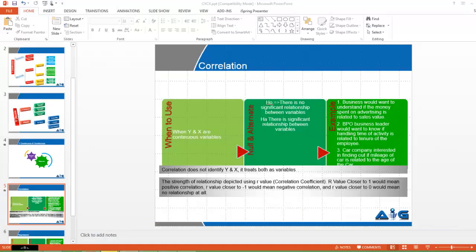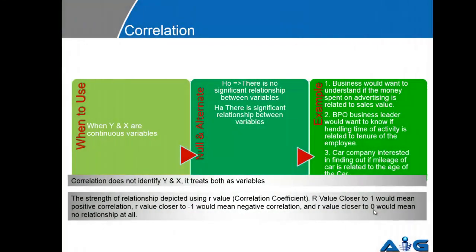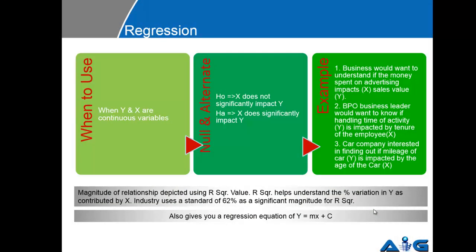Additionally, the second test that you have the option of doing is a regression test. Regression is an alternate to your correlation test. Again, when do you use it? You use a regression test when both your x and y are continuous variables. Null in this case will say that x does not significantly impact my y. Alternate will say that x significantly impacts y. Please remember, in the correlation test that I was talking to you about, the null said variables are not related to each other. Here we are saying the factor